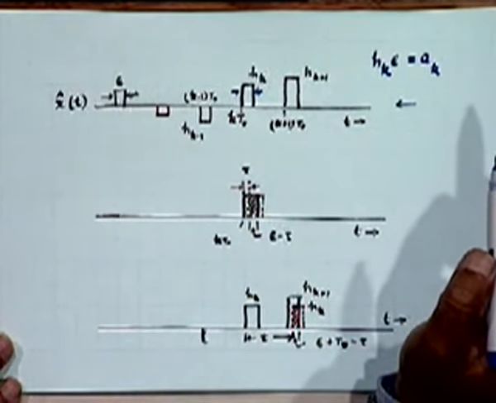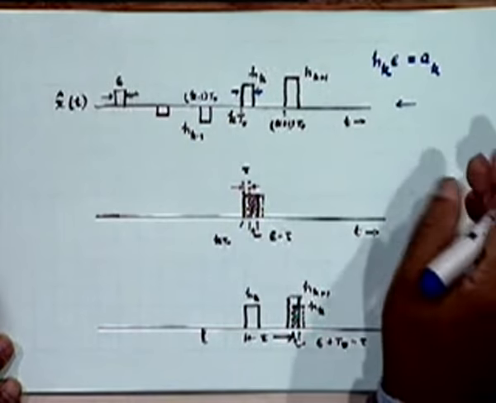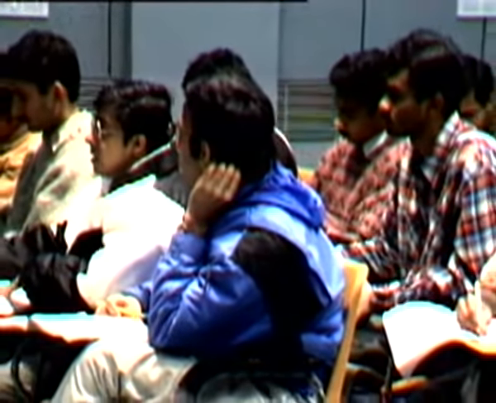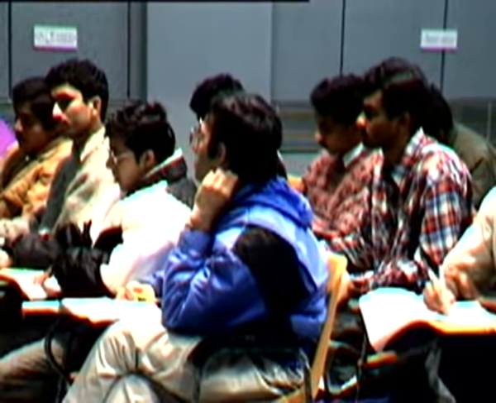Is the approach clear? Sir, yes. Why go from a pulse strain to an impulse strain and then back to a pulse strain? Why can't we just find... It's convenient. We will see that it is very convenient. There are certain kinds of things that we can understand nicely if we follow this approach. We will see that as we go along.